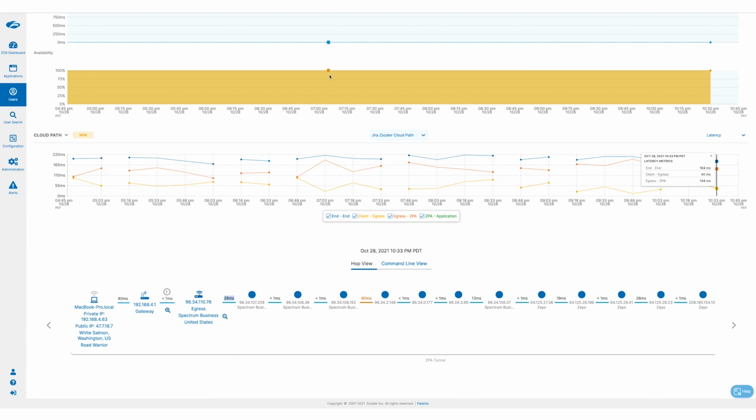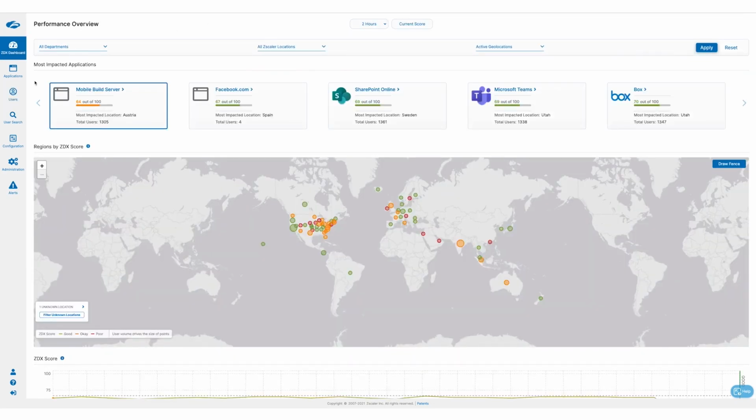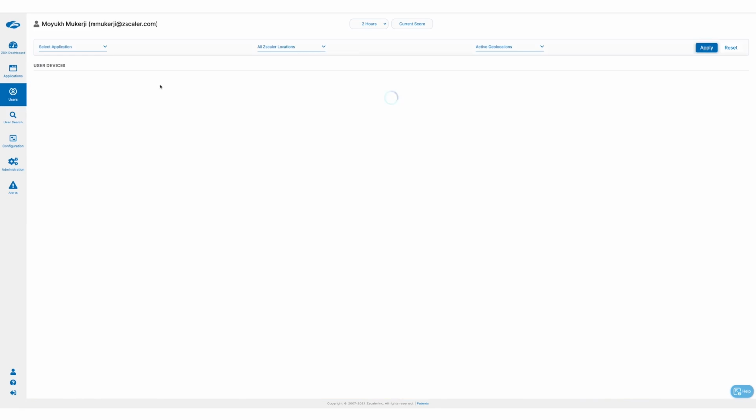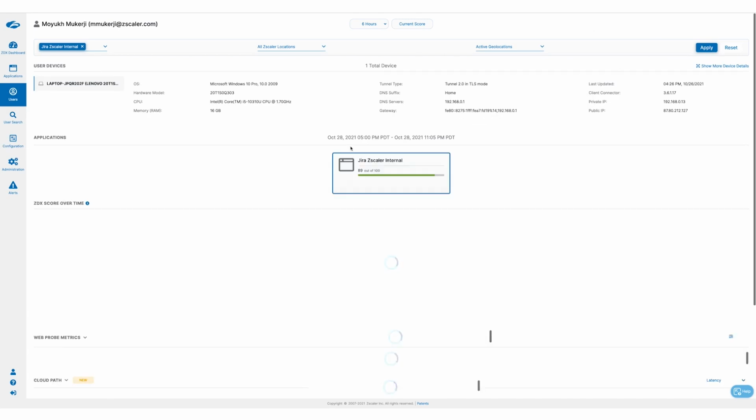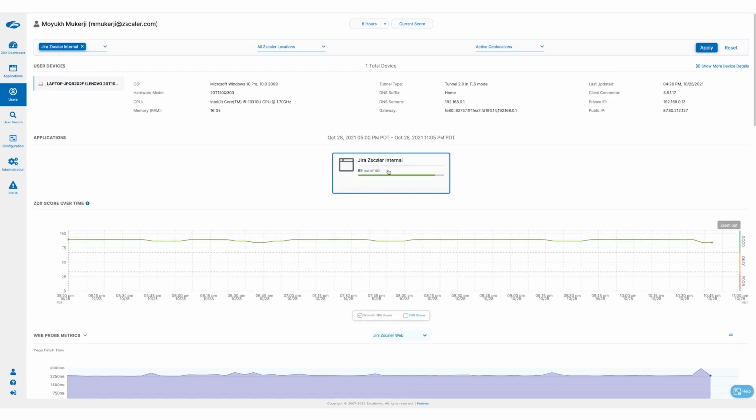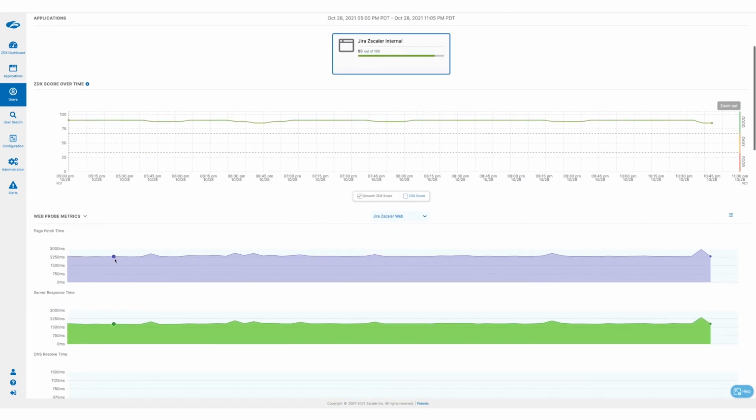Finally, I want to show you a third user. This is a real demo, so let me load it. This is one of our colleagues in the UK, and we're monitoring Jira. So this user is having a good score, very similar to the previous one, so that's good. But when you look at the response time, it's 2.2 seconds, which is even worse than the user that we were displaying as bad score in the US.